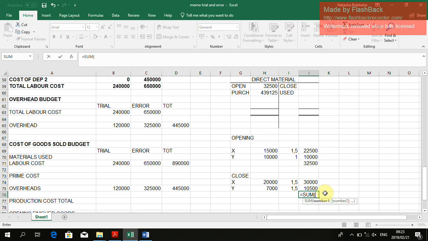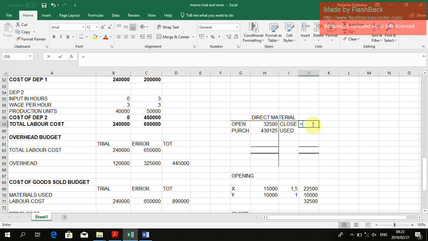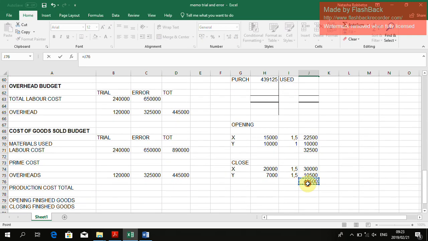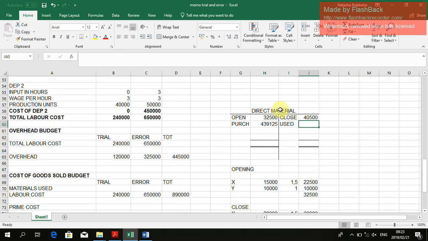And if I calculate the sum of those two, I get 40,500. So that will then constitute the value of closing materials. And now I will be able to calculate what the material usage was. So I'm going to then say it is the opening stock plus the purchases. That should be my balancing figure. And then to calculate the amount that was used, I will take the balancing figure minus the value of the closing,